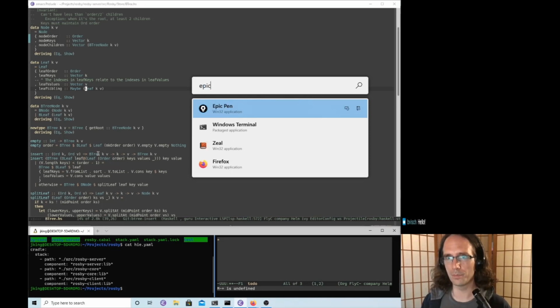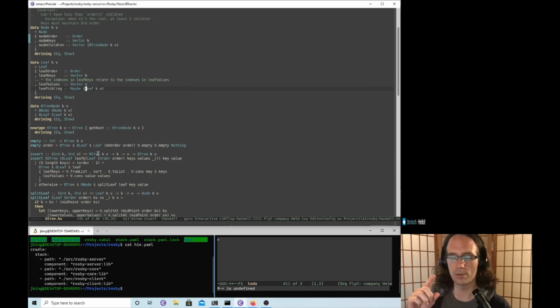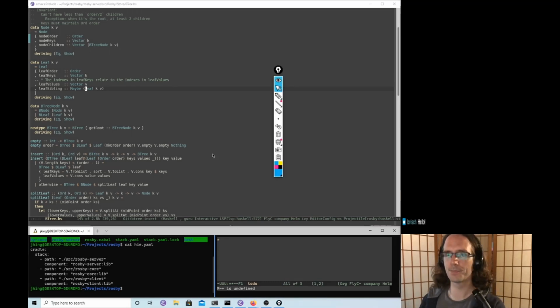a B plus tree structure sort of creates a linked list of all the leaf nodes at the very, very bottom. That means pointers, usually, in a lot of the other languages that have them. And Haskell has them too. But I didn't want to complicate our algorithm with that right now, even though we might end up in IO